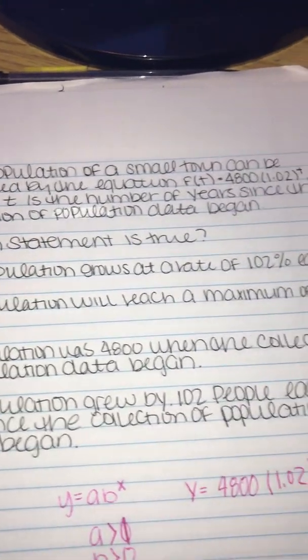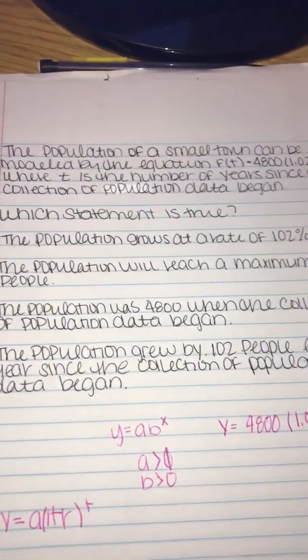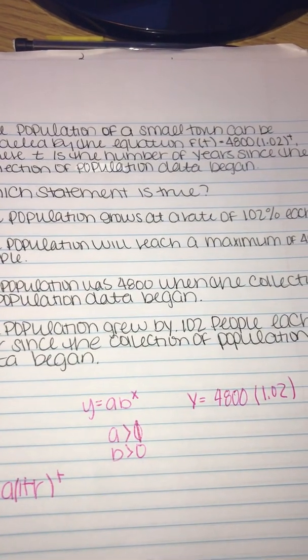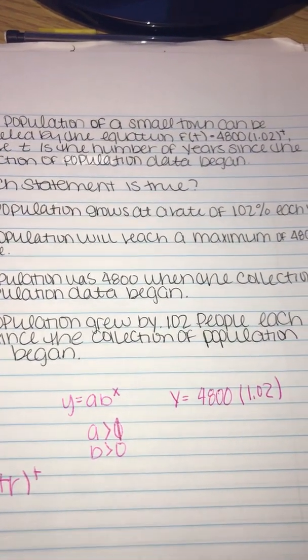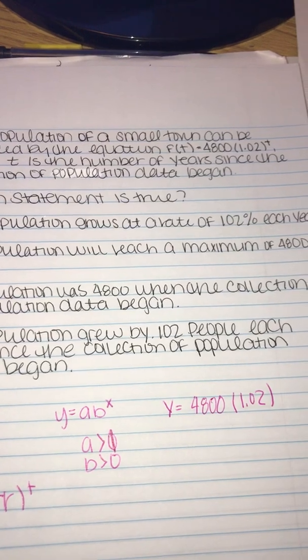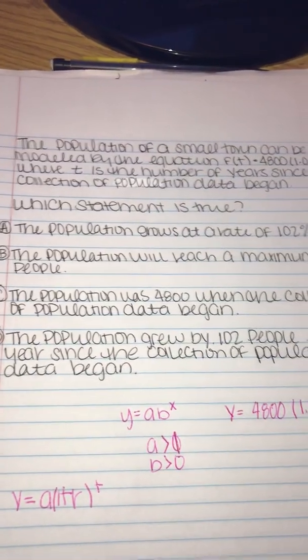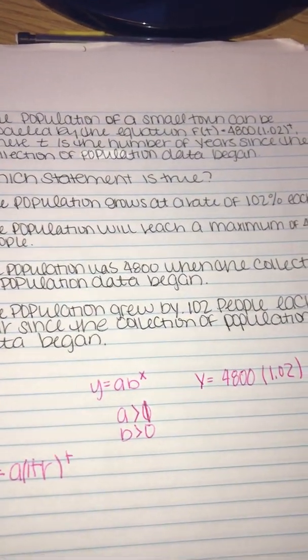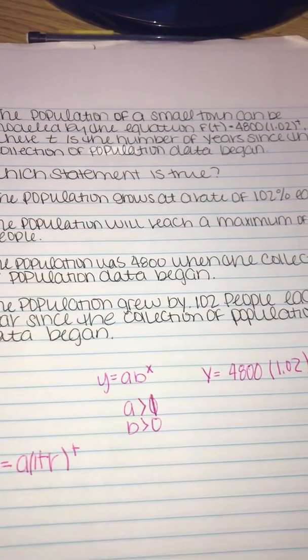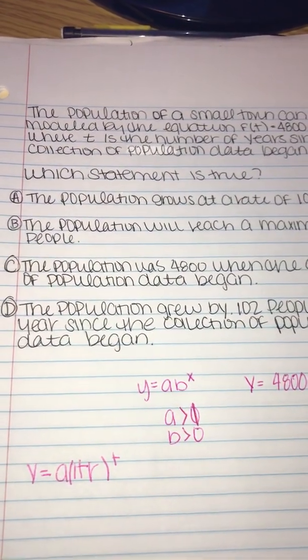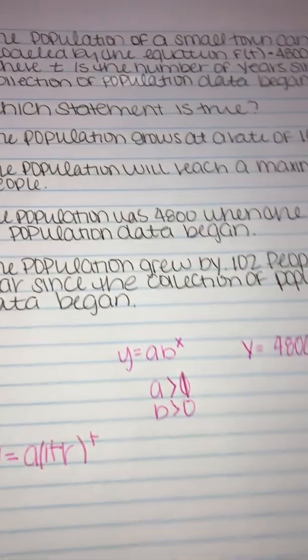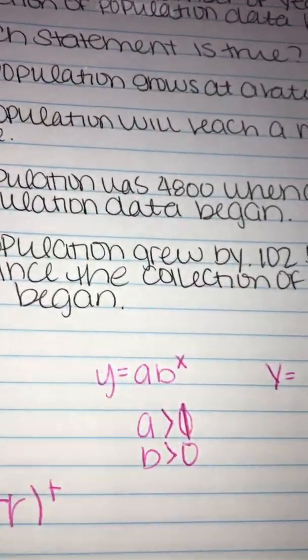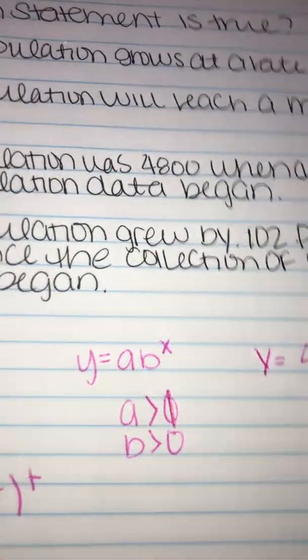The population of a small town can be modeled by the equation f of t equals 4,800 times 1.02 to the t power, where t is the number of years since the collection of population data began. Which statement is true? Okay, to start, we're going to look at the equation y equals ab to the x